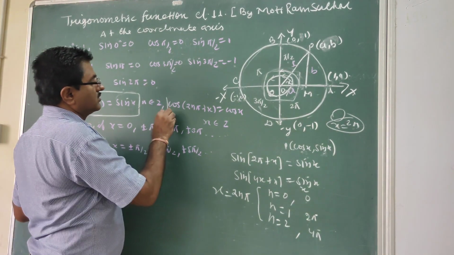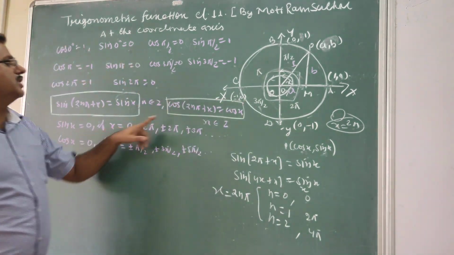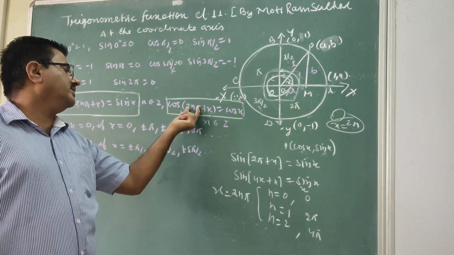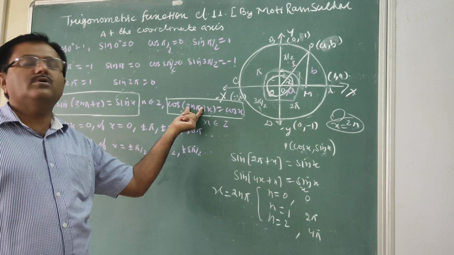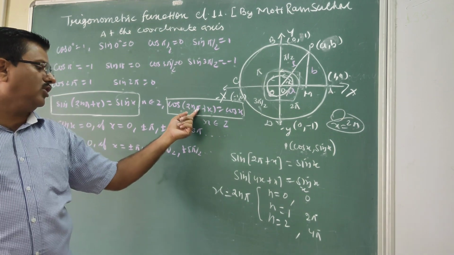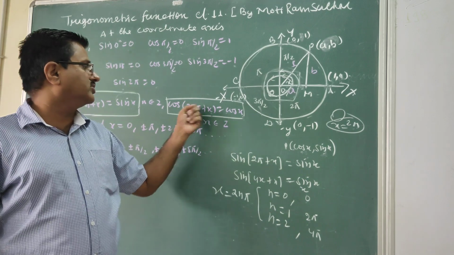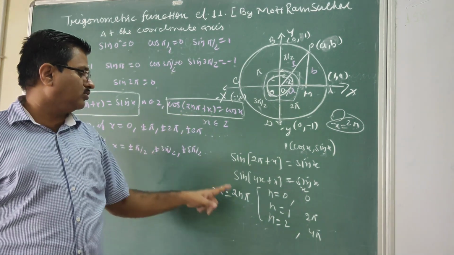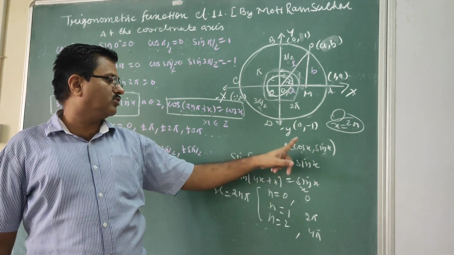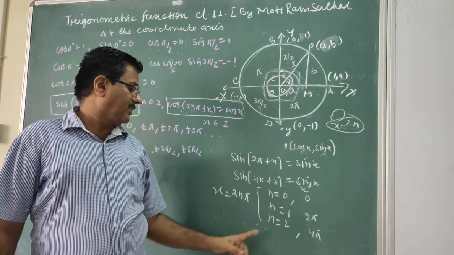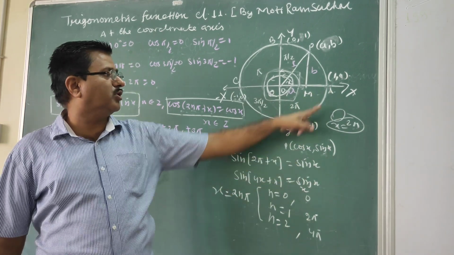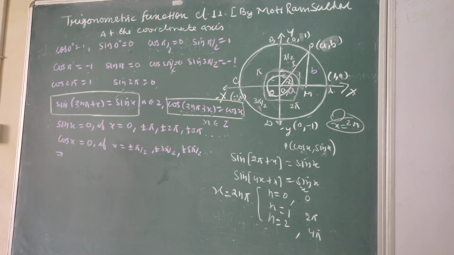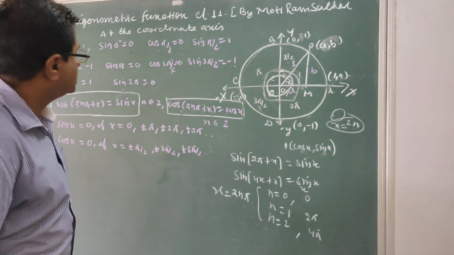Similarly, in cos also we have cos(2n pi plus x) equal to cos x. Means again here we have an interval of 2 pi. You can take n equal to 0, then it is 0, so the value of cos 0 is 1. If n equal to 1, 2 pi, cos 2 pi is 1. If n equal to 2, 4 pi, cos 4 pi is 1. So after completing one round, cos is also repeating the value. So this is the formula.